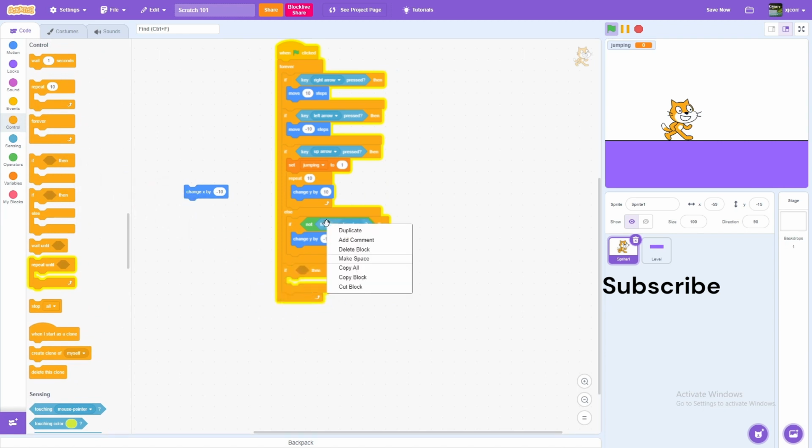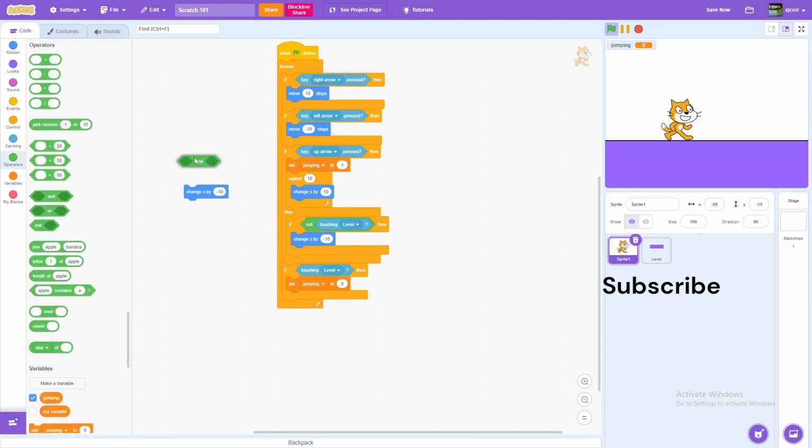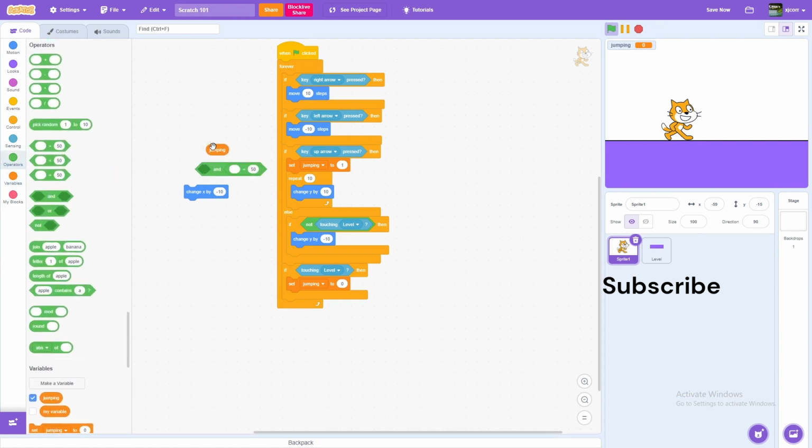If touching level, set jumping to 0, and then get an and block, have jumping, have equals, and 1, and then put it with the up arrow pressed,